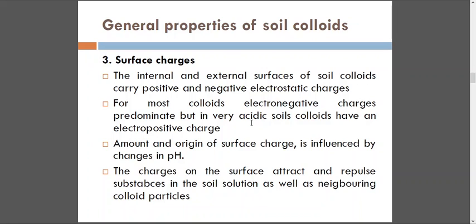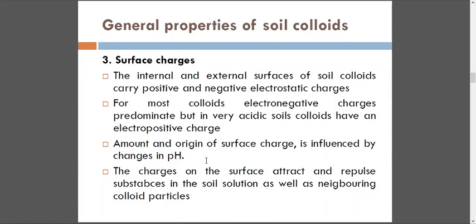But if the soils are highly acidic, then we will find the soil colloids possessing an electropositive, or a positive charge. So therefore, the charges on a given colloid are highly influenced by the pH